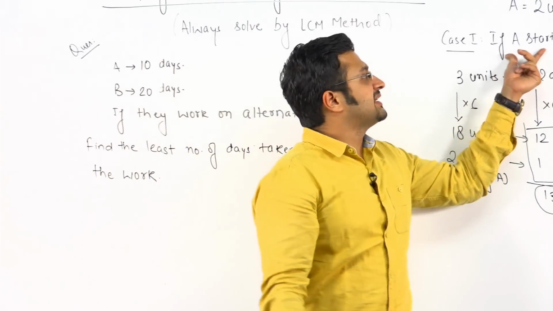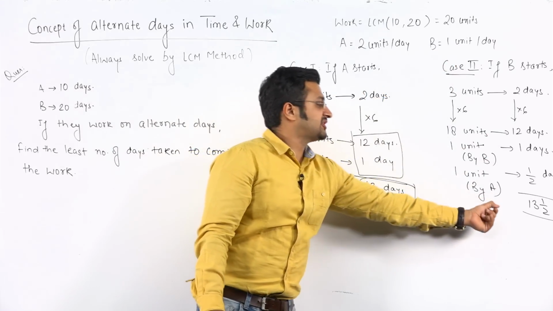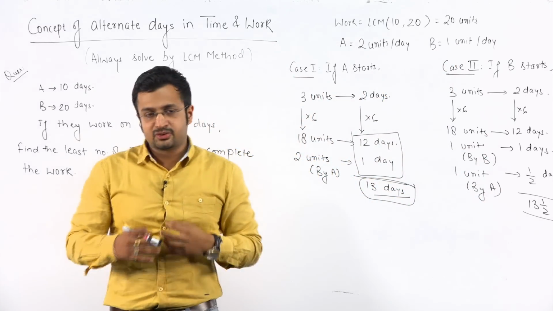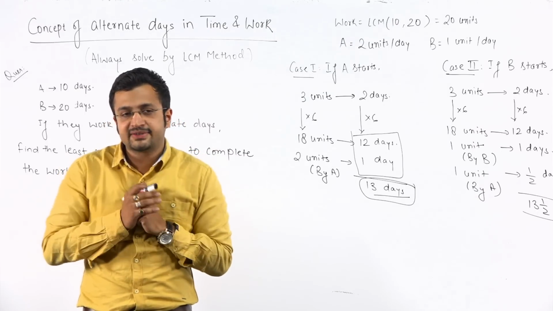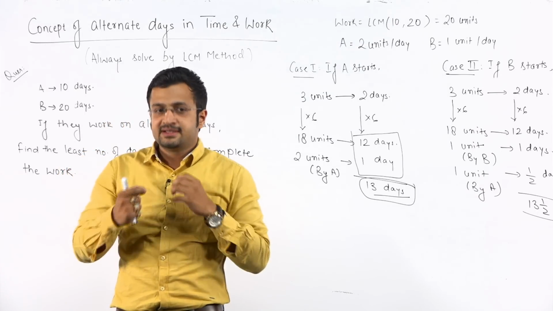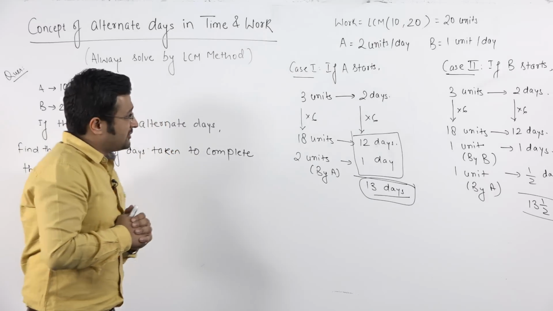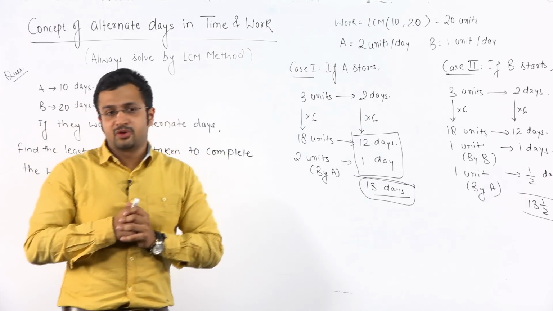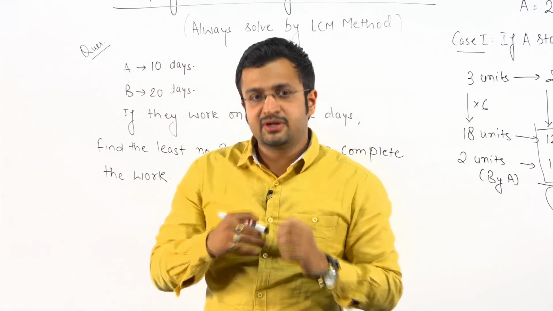हमने जब A से start किया तो टाइम लगा कम, और B जिसकी कैपेसिटी कम थी अगर उससे स्टार्ट किया तो टाइम लगा ज़्यादा. सो नेक्स्ट टाइम से अगर आपको काम कम समय में कंप्लीट करना है, ऑल्टरनेट डेज का क्वेश्चन है, तो आपको किससे स्टार्ट करना है? जिसकी कैपेसिटी क्या हो? ज़्यादा हो. सो फाइनली फ्रेंड्स, यू सॉ how easily we can solve the questions based on alternate days if we go by